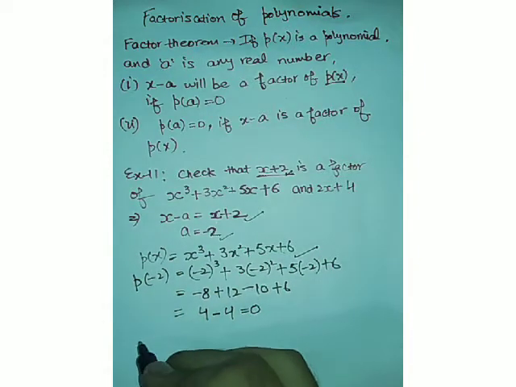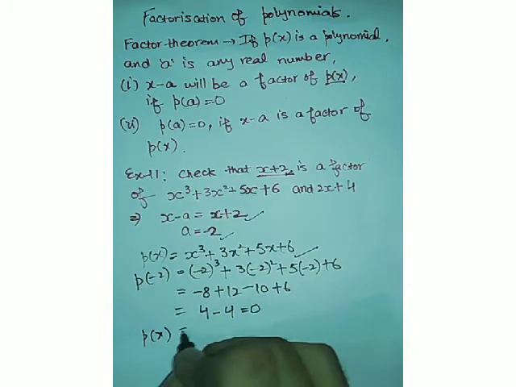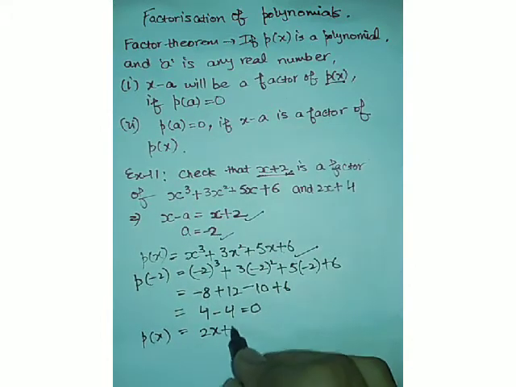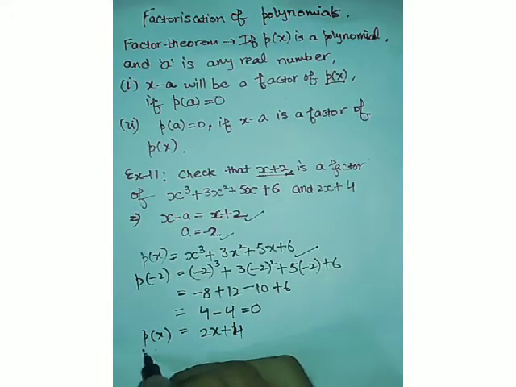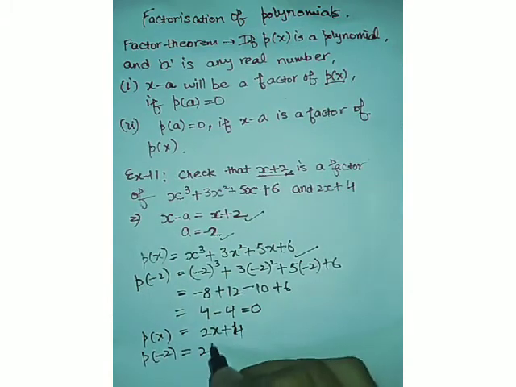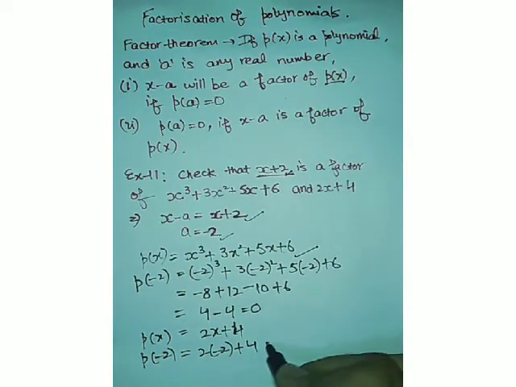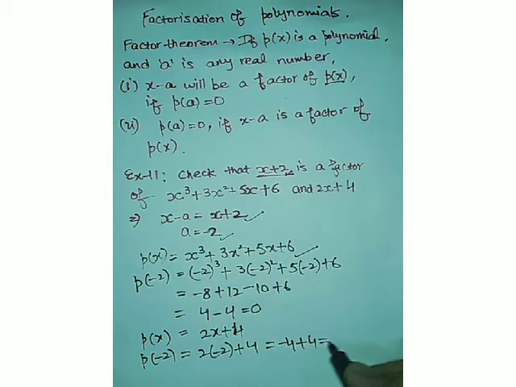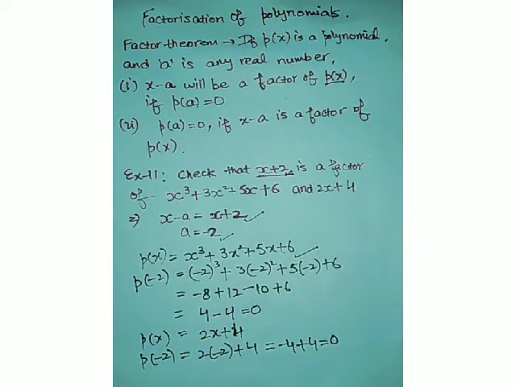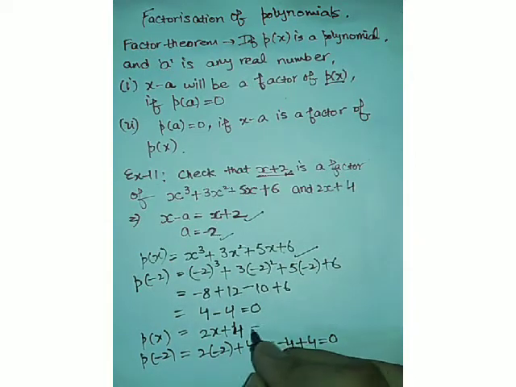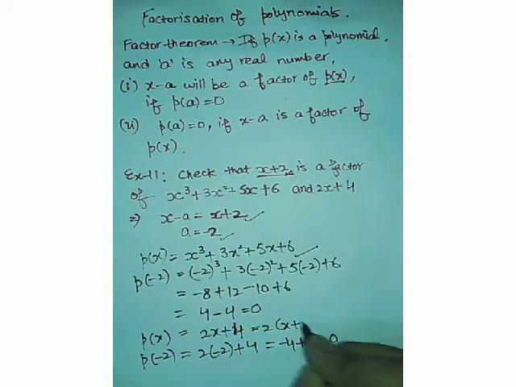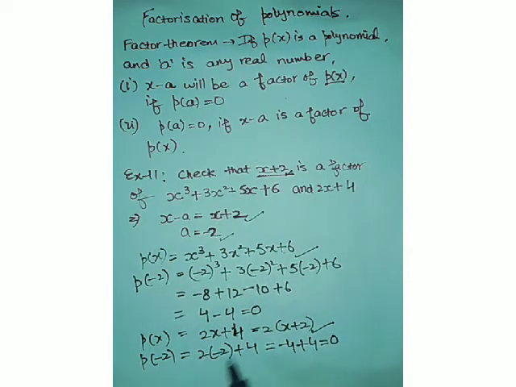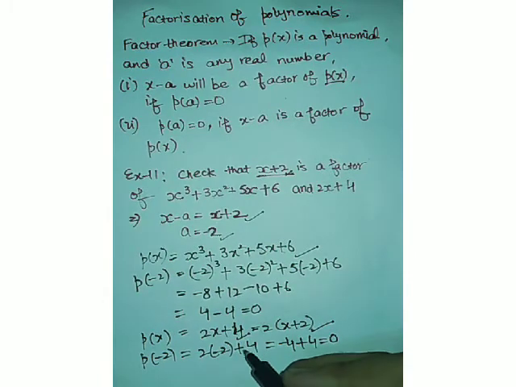Alright, now what is the second polynomial? That is 2x plus 4. Now let P(x) be equal to 2x plus 4. Now at minus 2, what will you get? 2 multiplied by minus 2 plus 4. It means minus 4 plus 4. Ultimately it will be 0. It means it is a factor of both of the polynomials. Okay, so the second polynomial could also be solved. You can write that 2 multiplied by (x plus 2), right? It is automatically clear that x plus 2 is a factor of this polynomial. So you can do it both ways.